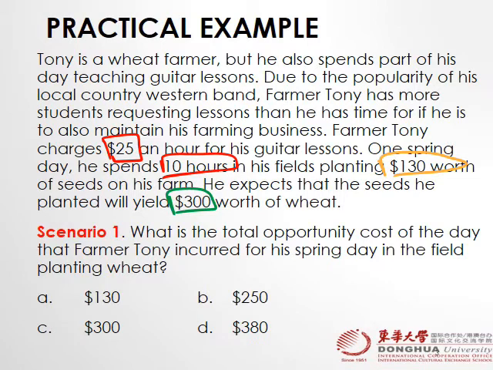Farmer Tony spends one day on the field and he planted $130 worth of seed, and he expects that seed will give him a yield of $300. It means he forgoes the lessons, right? On that day he didn't go for guitar lessons, he went for farming. Okay, now scenario 1, that